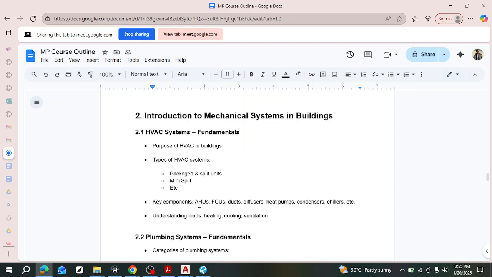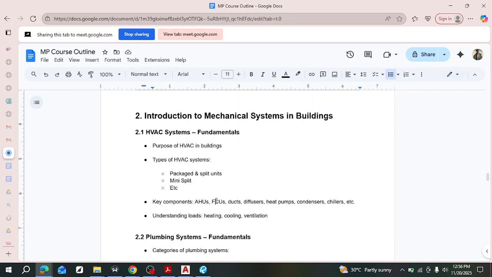Then we also have FCUs. FCUs are fan coil units. Air handler is a very general name, but FCU is like a subsection of air handlers. I mean, air handlers are the AHU, air handling units. So FCU is a smaller subsection. It's not like the mini split per se, but it's somewhere in between the mini split and split. It is still split, but it